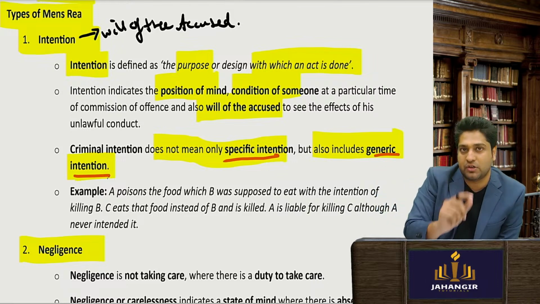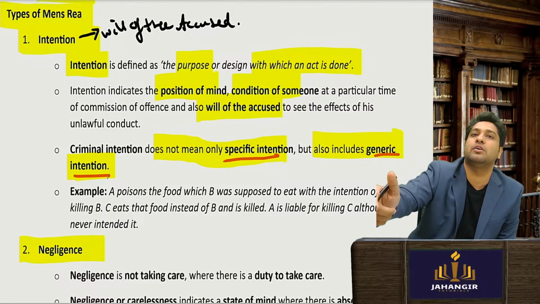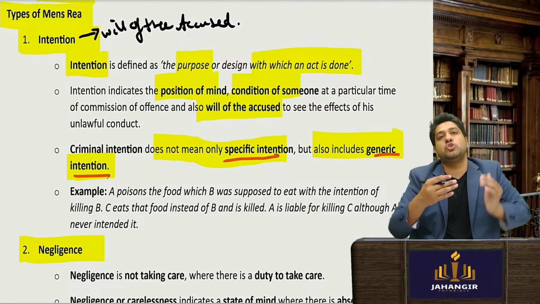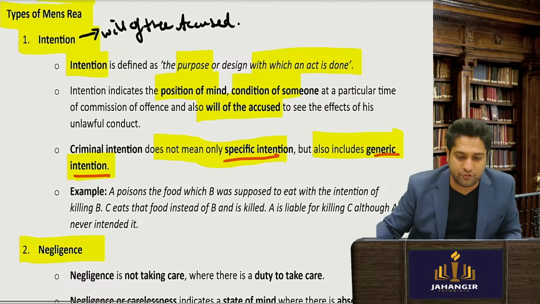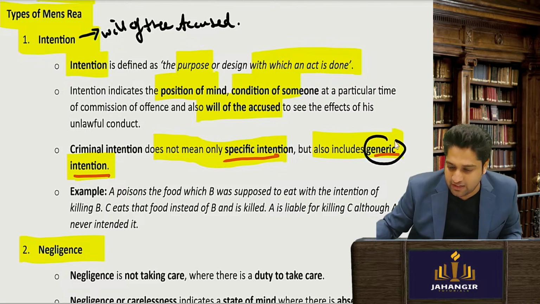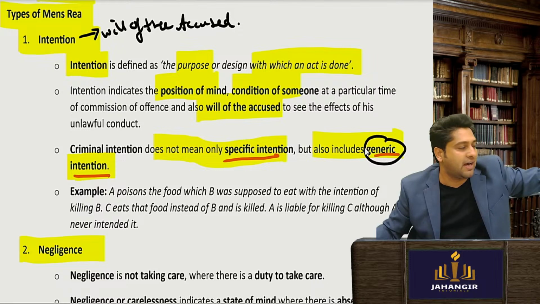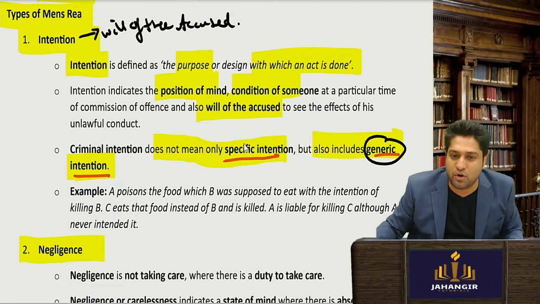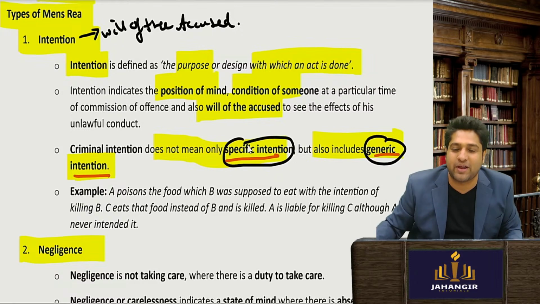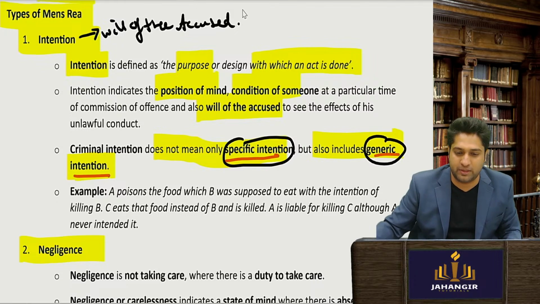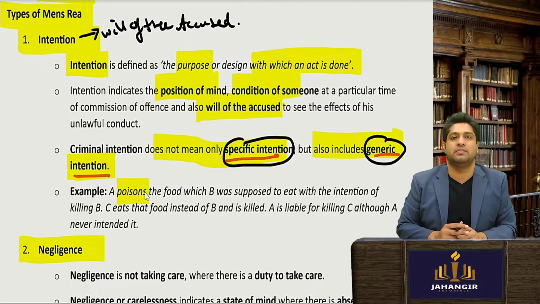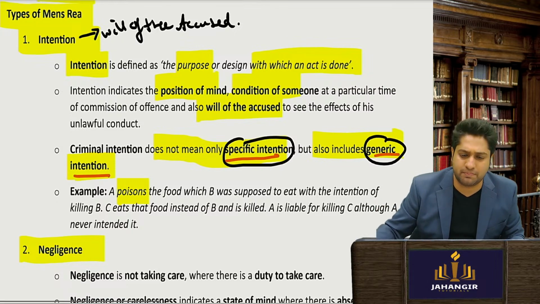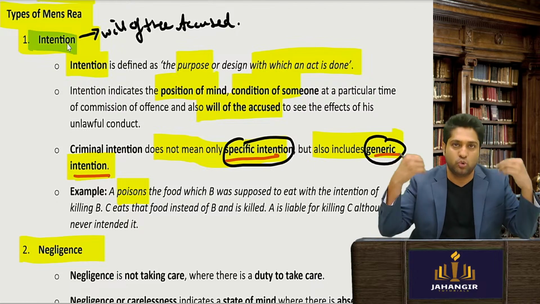Why? Because throwing a sword or a knife is such a dangerous act that you presume that someone could get hurt. So therefore this is considered to be a general act. I didn't want to kill that passenger, I didn't want to kill that person who was standing on the side. I wanted to kill the wife. But they say no, throwing the knife itself could be covered. So here they've given the example of poison. You try to poison the food but someone else ate. So then you can still be presumed to have the intention of killing. Who you kill, it doesn't matter.